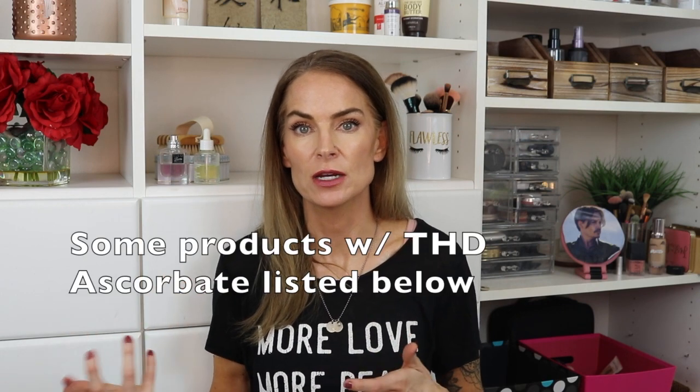There's not a lot of products on the market that contain this type of vitamin C, and the products that I have found, if you look at the ingredients list, the THD falls really low or lower on the ingredients list, meaning that a lot of other ingredients come before that, so you might not be getting enough of that vitamin C, because that really is a powerhouse of vitamin C, and for me personally, I want it higher up on that list. Of the handful of products that have THD in them, there's really only two that I personally would